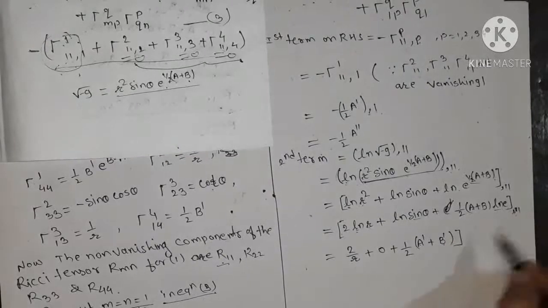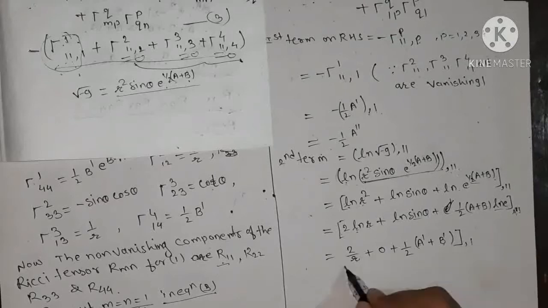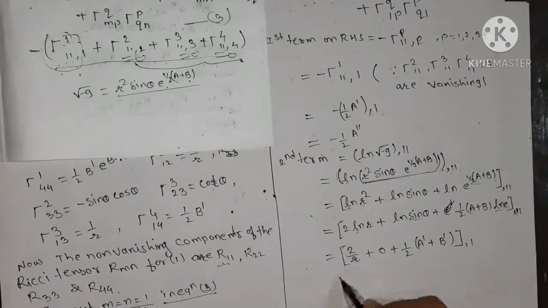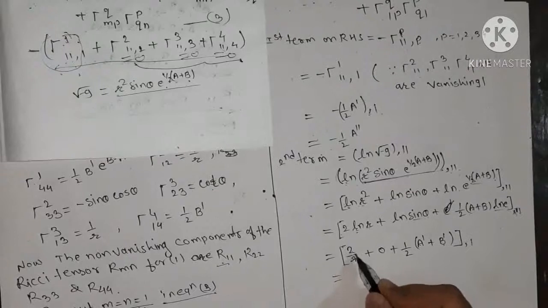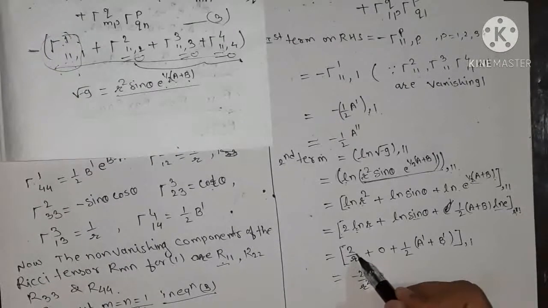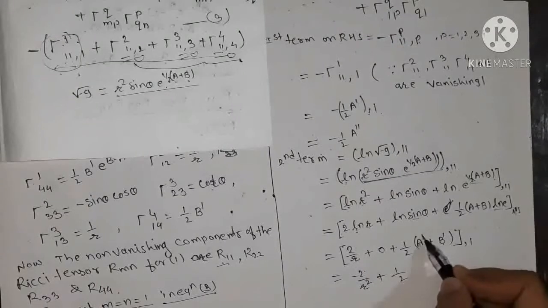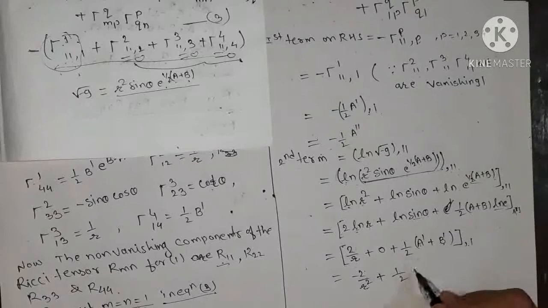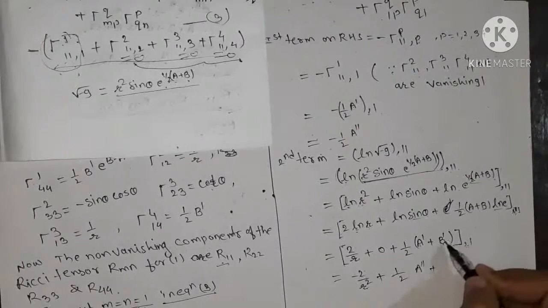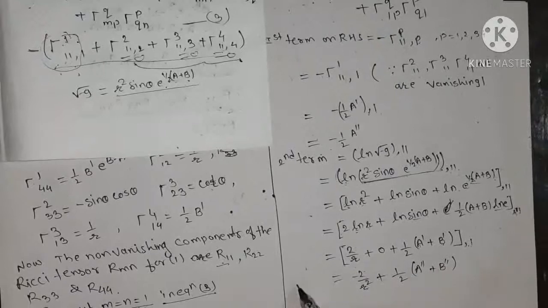So comma 1 is completed. Now double derivative is there, so we have taken the single derivative, now we take again the derivative of this term. So derivative of 2 upon r is minus 2 upon r square. Derivative of 1 upon x is minus 1 upon x square, right? So this is equal to minus 1 upon r square, plus derivative of a dash again with respect to r is a double dash, plus derivative of b dash again with respect to r is b double dash. So we have this second term.